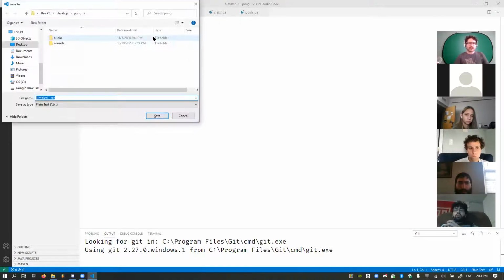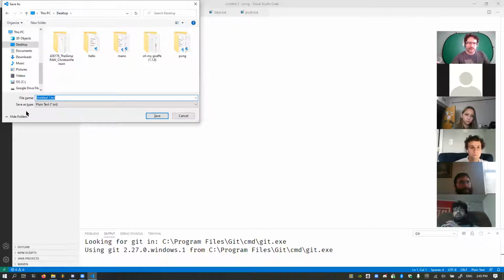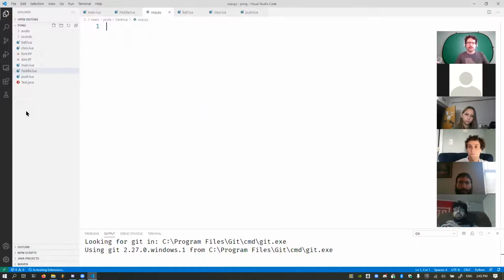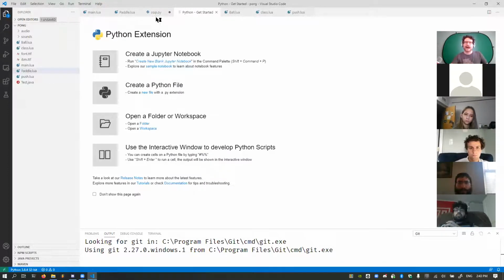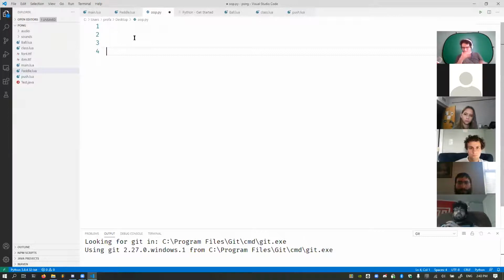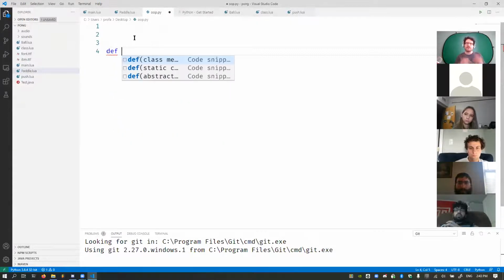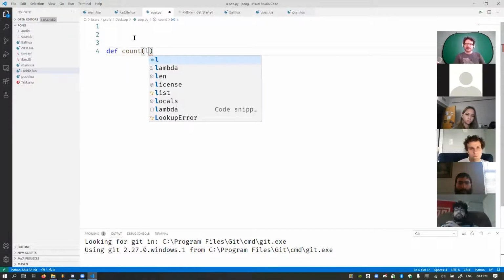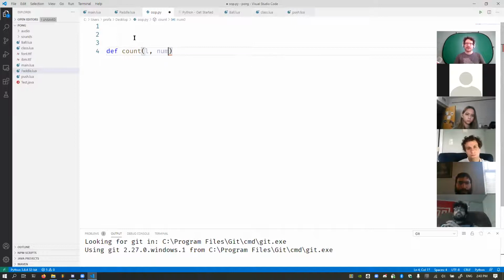So I'll just move to the desktop. Okay. OOP.py. Okay. So what is an object? The idea here is that we can have some kind of new data type. We've been creating new verbs in our language for a while. So for instance, we've got def count, which might take in some kind of list and a num, and count all the times that num appears in the list. That's a new verb added to our programming language.